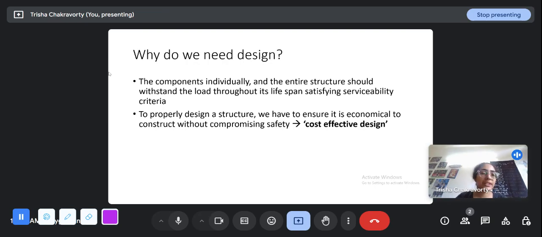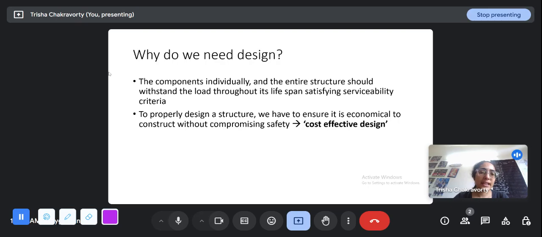Or for example, wind loads. In India, the codes also have a wind loading pattern. I think IS 875 Part 3 is the wind loading code. So there are basic wind speeds given according to area. So for an area where the basic wind speed is low, we don't have to design it for a very, very high wind speed, because there will be no point.